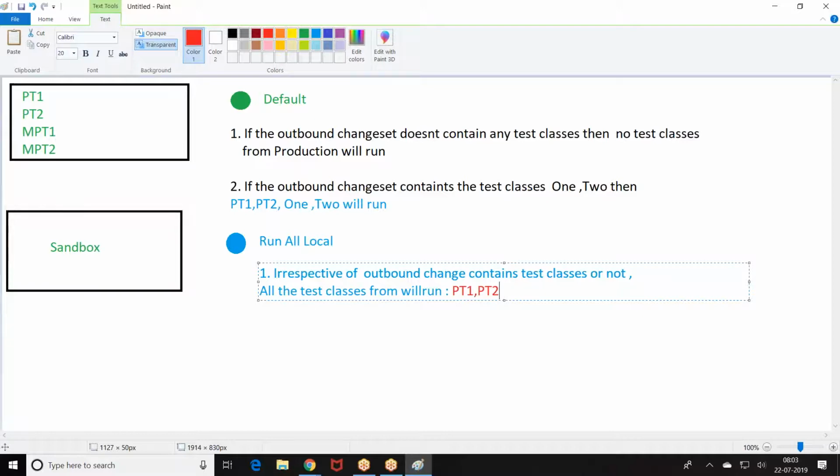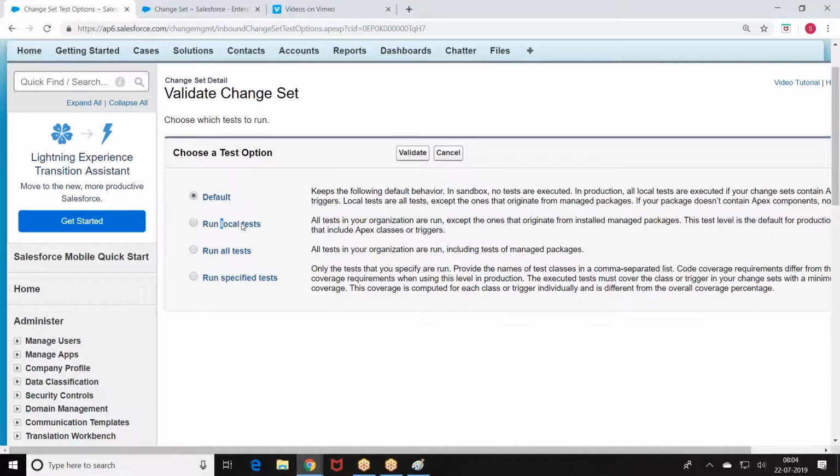Did you get my point here? So, run local tests.